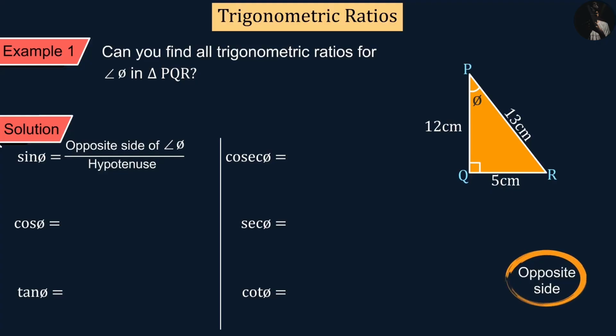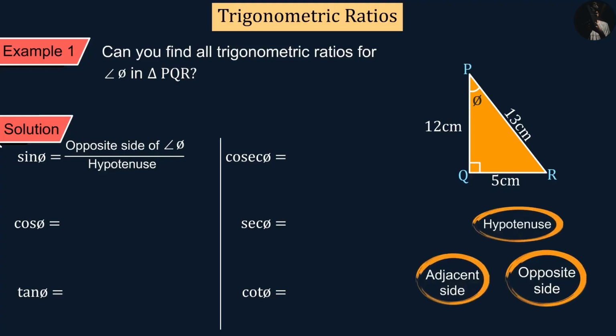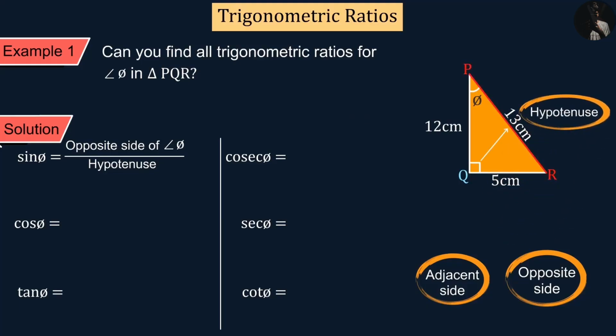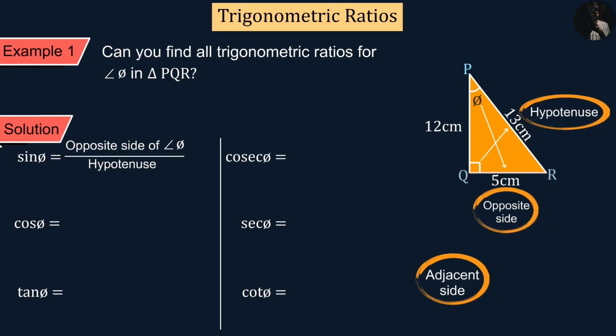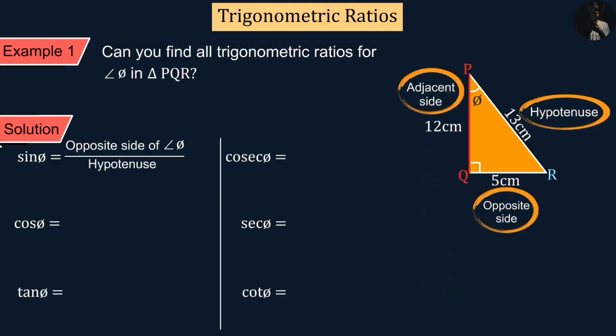Can you tell the opposite side, the adjacent side, and the hypotenuse for the angle phi in the triangle PQR? Very good! The side in front of right angle is hypotenuse PQ. The side in front of angle phi is opposite side QR, and the remaining side PQ is the adjacent side. So, by substituting the values of the opposite side and the hypotenuse, we get sin phi equals